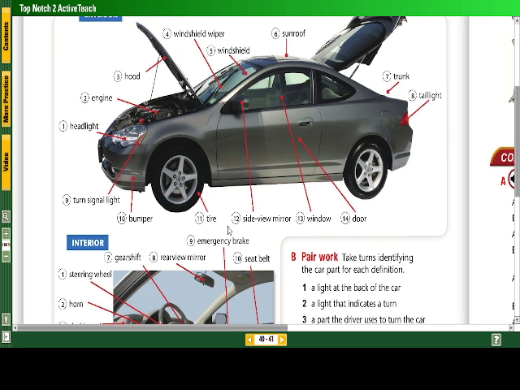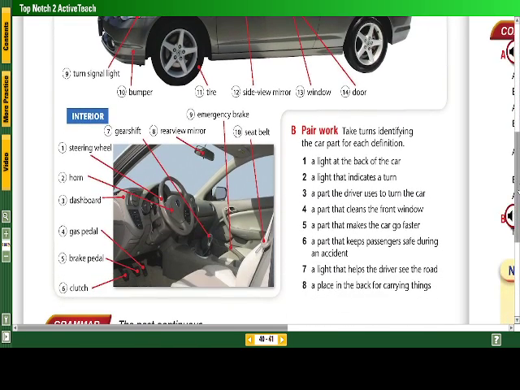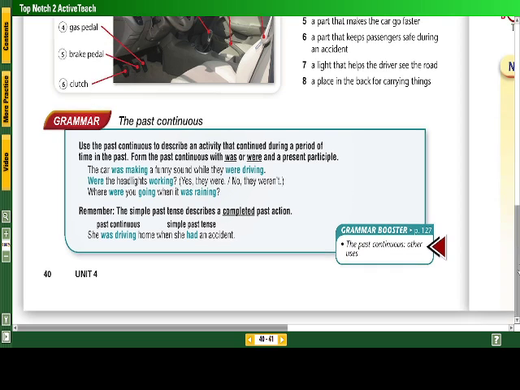For example, tire, the wheel of the car, in American is tire. I don't know if that is the same word in British because it sounds very American, okay? So maybe we can have some vocabulary that may change from American to British, okay?